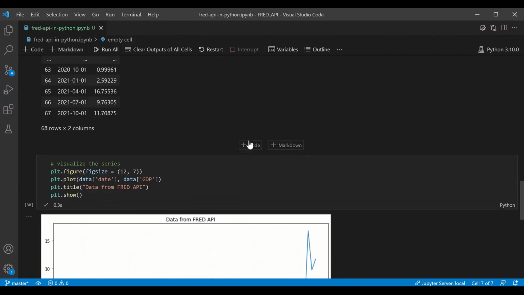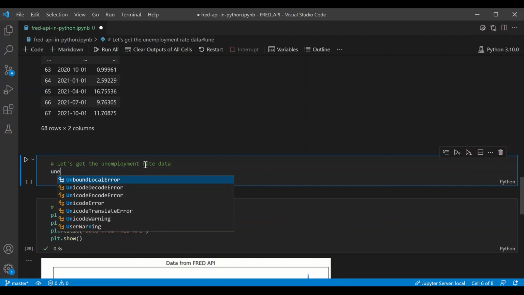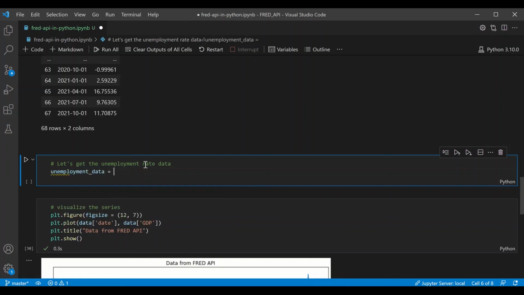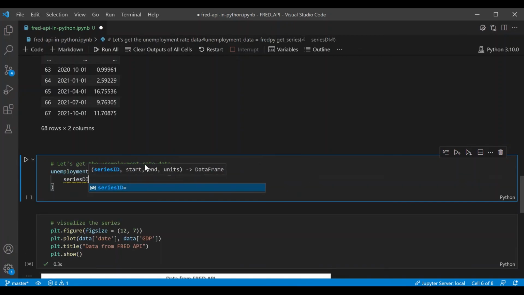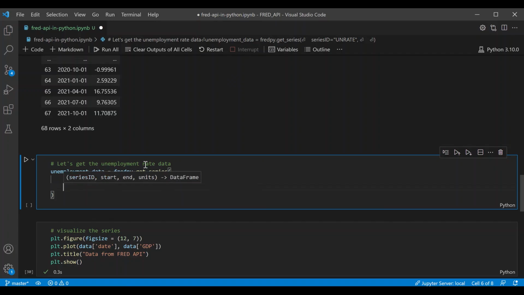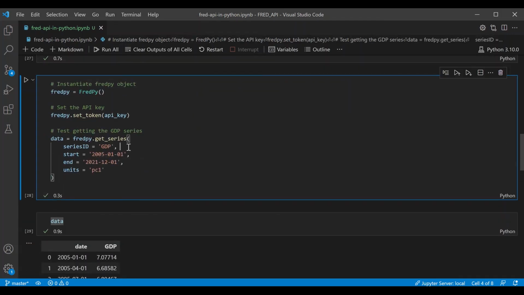Why don't we add another series here and visualize it together? So let's get the unemployment rate data. If we do unemployment data, we can use our FredPy object. Get series, and this time series ID, oops, I can't spell, series ID is going to be unrate, and let's use the same start and end periods. So I'll grab this from here,